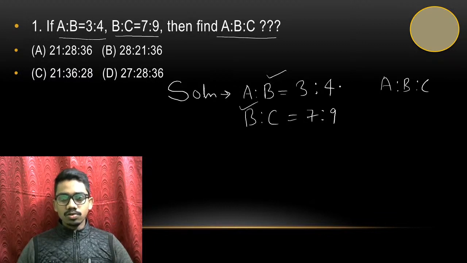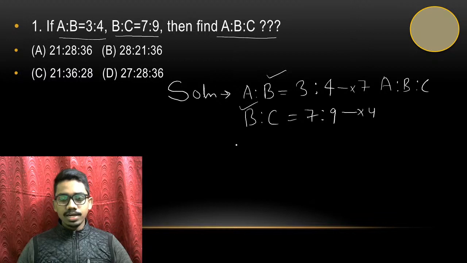Okay? So I have to multiply the first equation by some number so that the value of B in equation number 1 and the value of B in equation number 2 become equal. I will multiply both equations in such a way that the value of B in equation 1 and equation 2 will be equal. So I am multiplying it by 7, 4 into 7, and this one by 7 into 4. So equation 1 multiplied by 7 and equation 2 multiplied by 4.